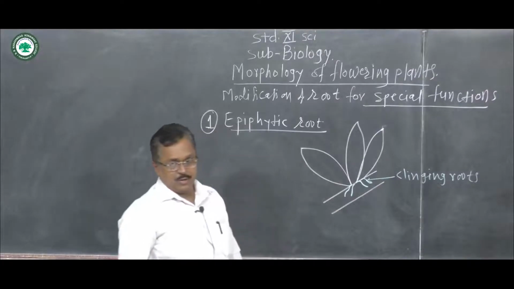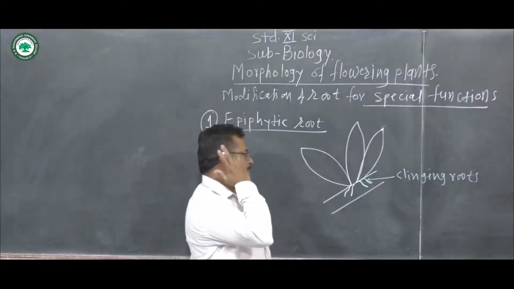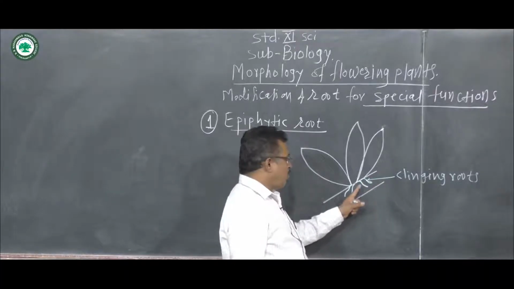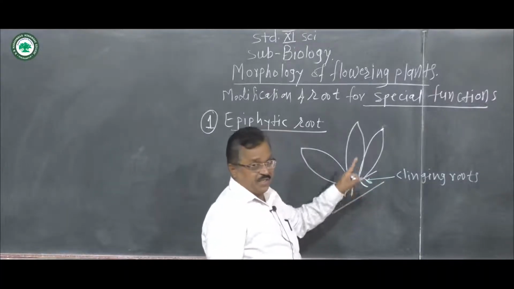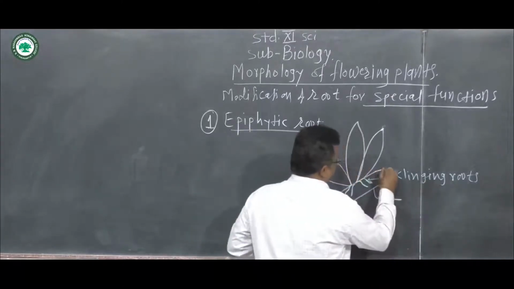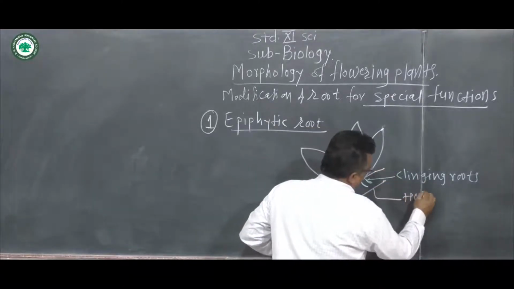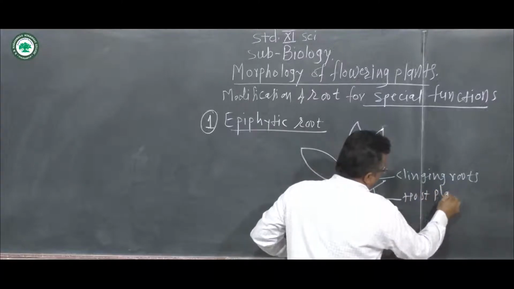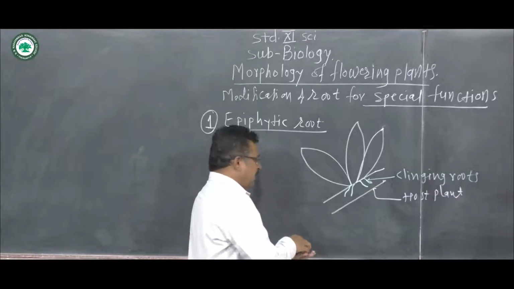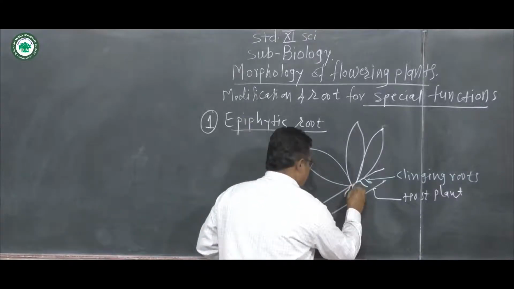These roots insert in the bark of the body of the plant on which they grow, here the host plant. Then another type of root they develop